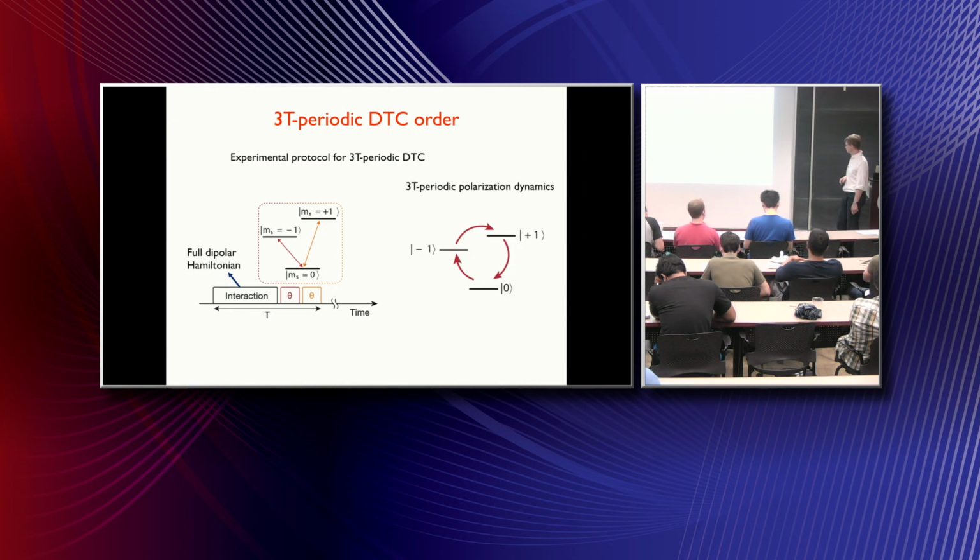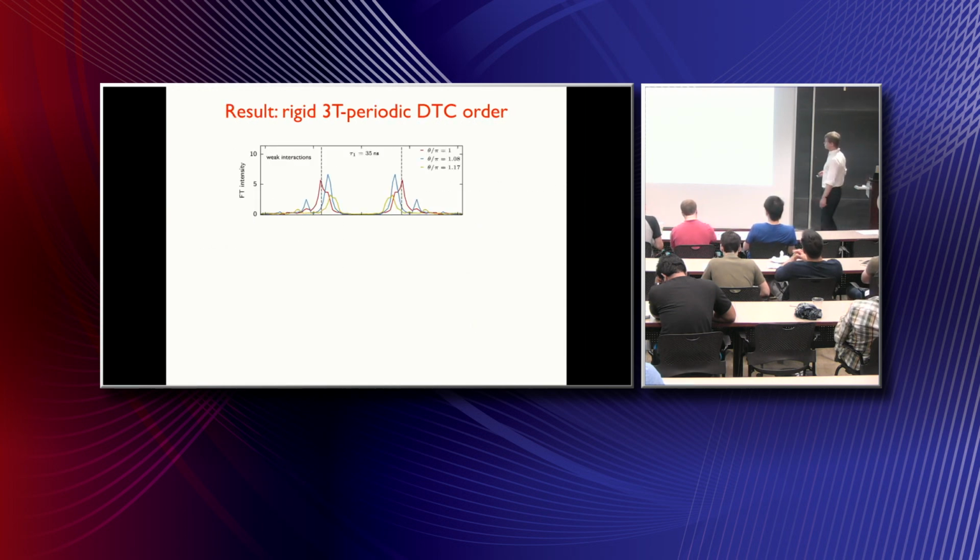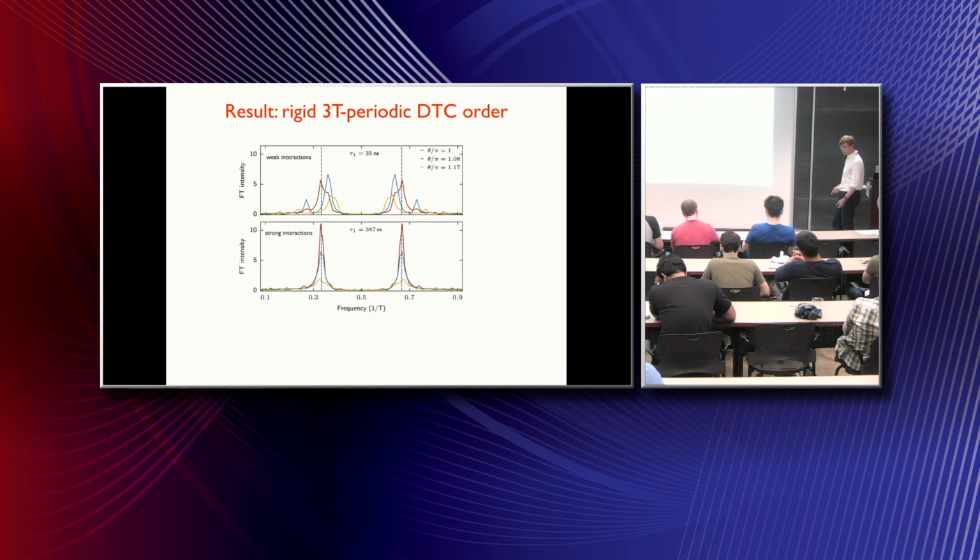And so what will happen, if you think about it: for example, if you start here and apply this pulse first, it will bring you here, right? And the second pulse will not do anything. Then you let the system interact, and you again apply first this pulse and then this pulse, so it will bring the spin here. And you end up with a clock type model. It gives rise to a T periodic DTS, and for short interaction time it's not very stable, but for long interaction time, it becomes stable.